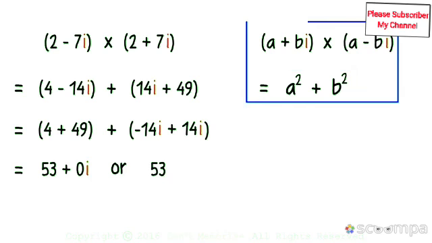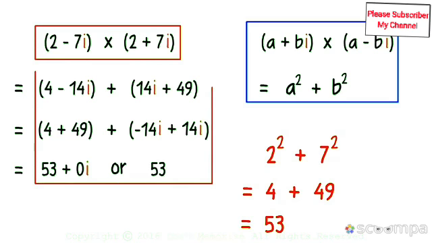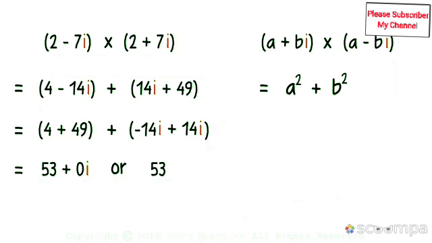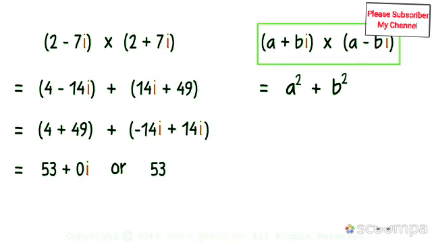So if we knew this, we could have directly written the answer for the previous example as 2 squared plus 7 squared. 4 plus 49 is 53. We didn't really need to do all this. But anyway, how can we summarize this? The product of two complex numbers with equal real parts and with imaginary parts having opposite signs will result in